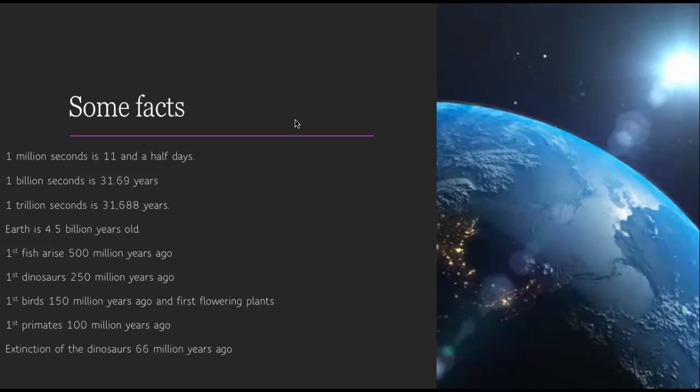And the extinction of the dinosaurs, 66 million years ago. And here's the interesting one. 2 million years ago, we evolve, and that means that we've only been here for 0.044% of Earth's history. So less than half a percent of Earth's history, and we have changed the face of this Earth, altered it, sometimes irreparably, sometimes many times for the better. But that's something that we'll get into way, way down the line when we talk about climates and climate change.